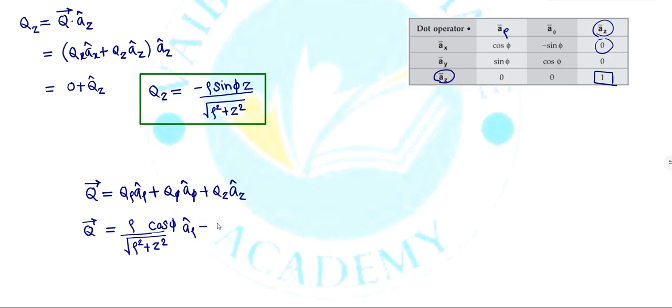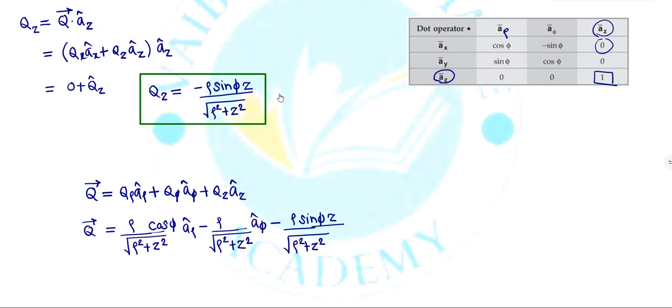So q phi we have that to be the minus of rho divided by square root of rho square plus z square a phi plus qz is over here again. So that is again minus of rho divided by square root of rho square plus z square. So this is what qz is, minus of rho sine phi z,